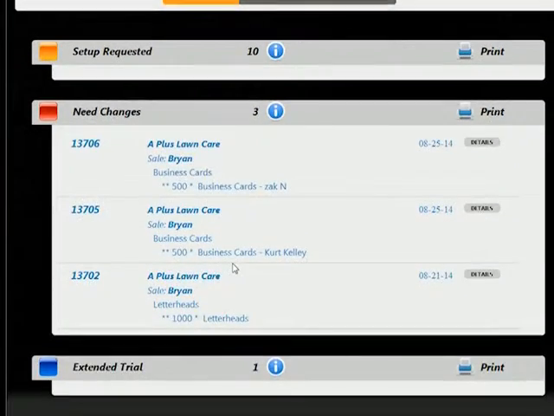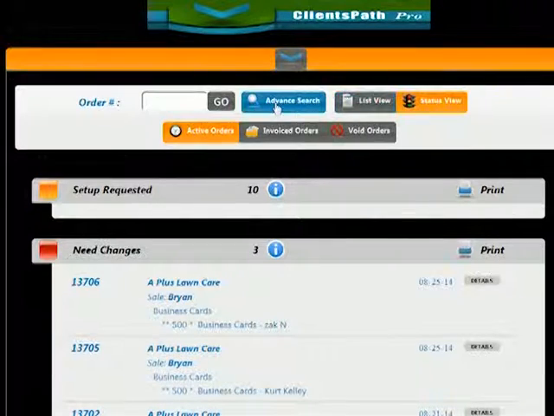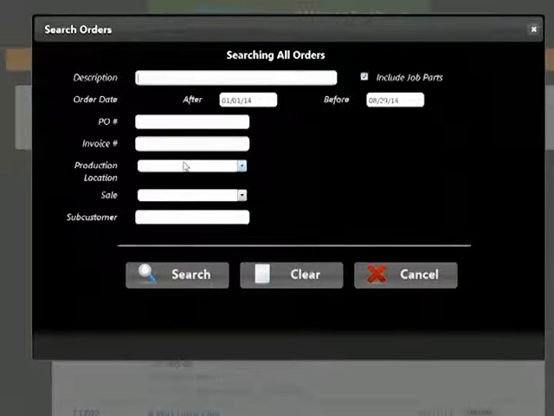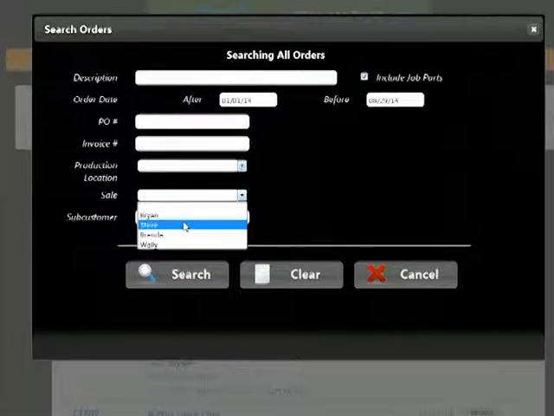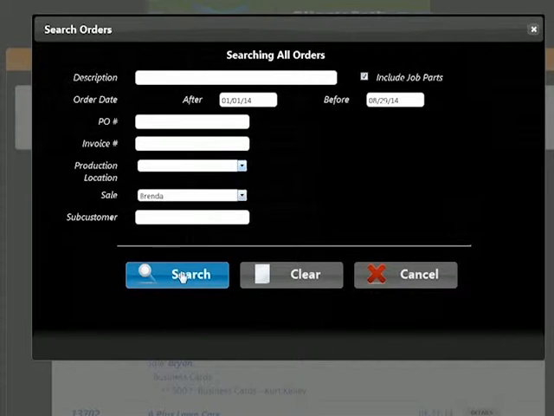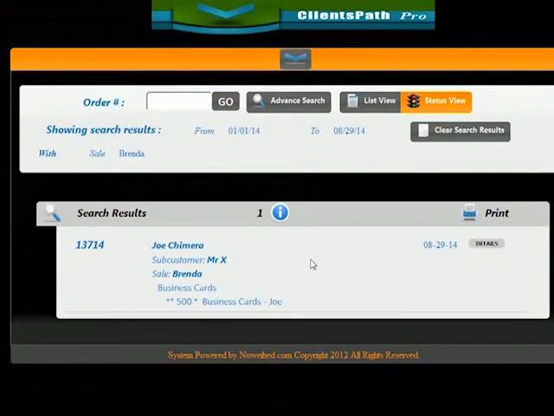Another thing we can do from this screen is the same custom search that we just did, but on a broader perspective. Now we're going throughout all our customers, so we're seeing, okay, give me all my customers that have had orders with Brenda as a salesperson, and there's only one in the system as well, but that will bring it up. We can use the date range.